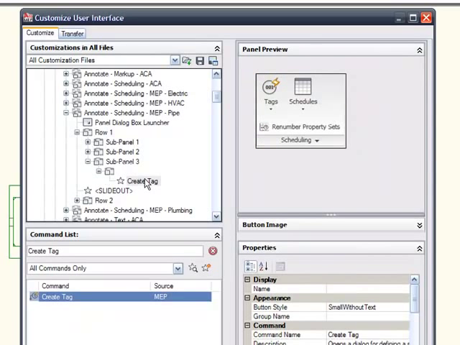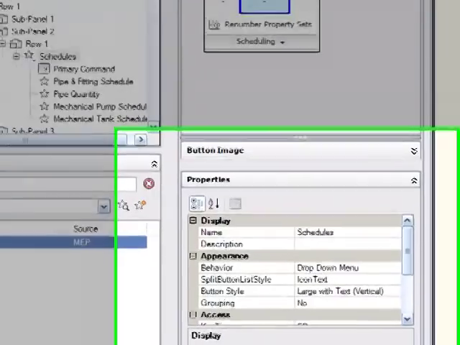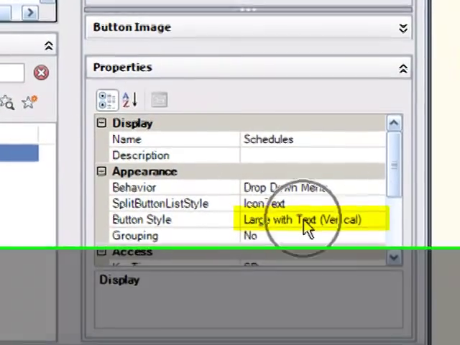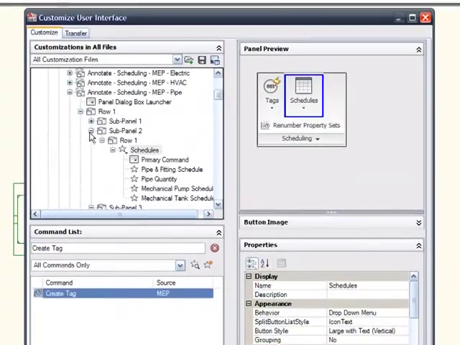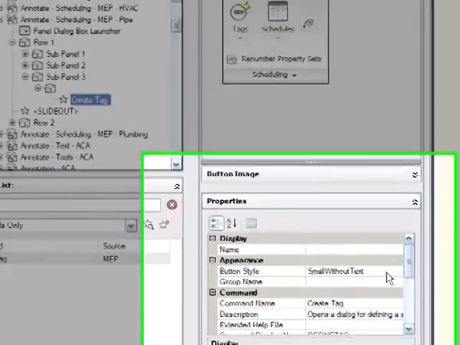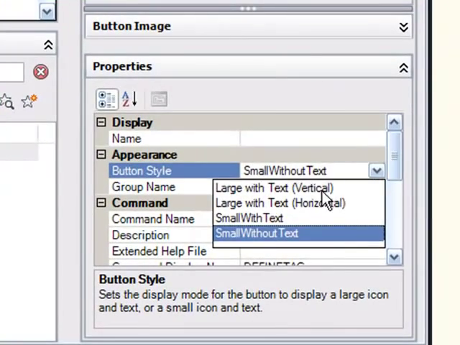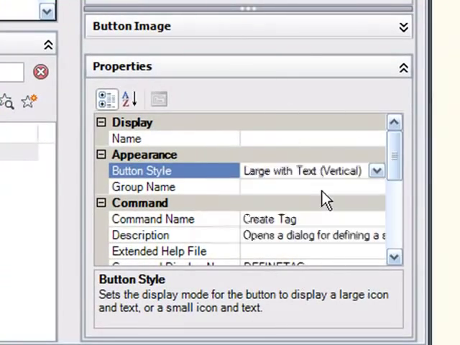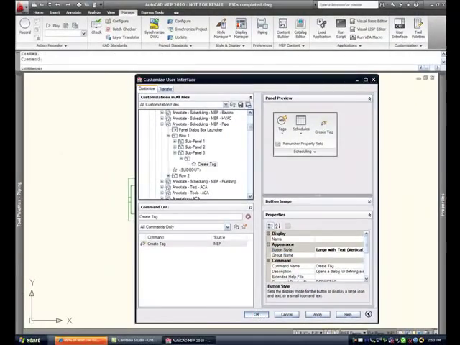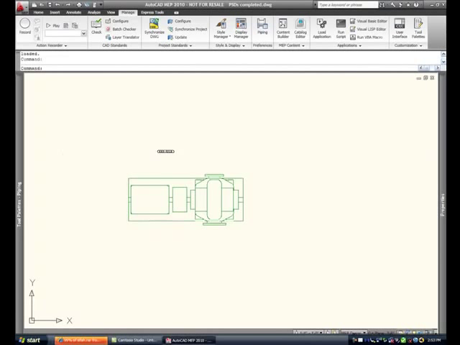Now let's take a look at the schedule subpanel, and I can see that the behavior for the button style is large with text vertical. I'm going to copy that over to my create tag tool because right now it's set to small. So I'll just change that to large with text vertical, and then I'll hit OK. So now I have my create tag tool